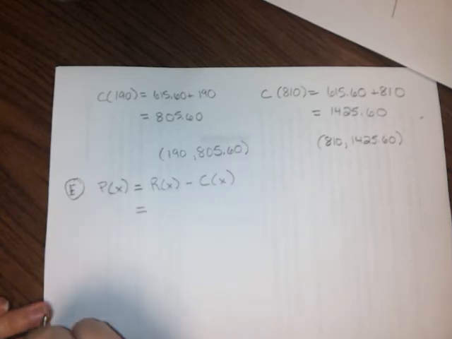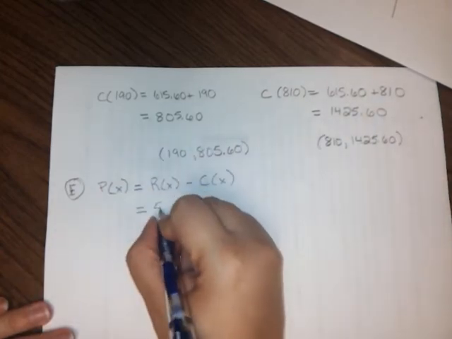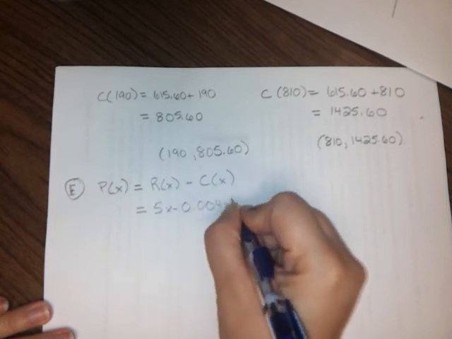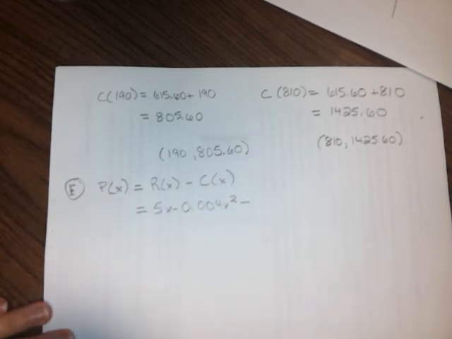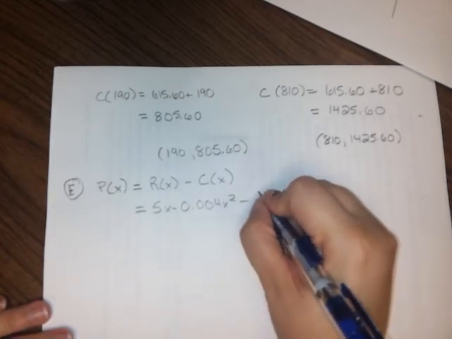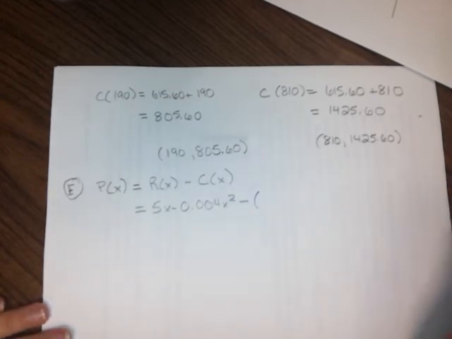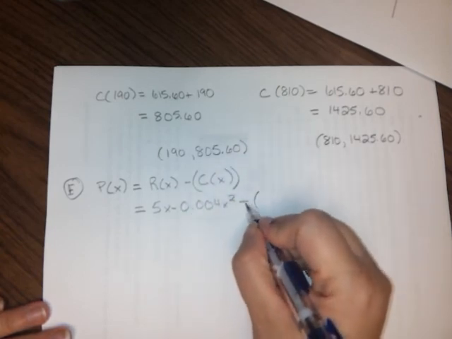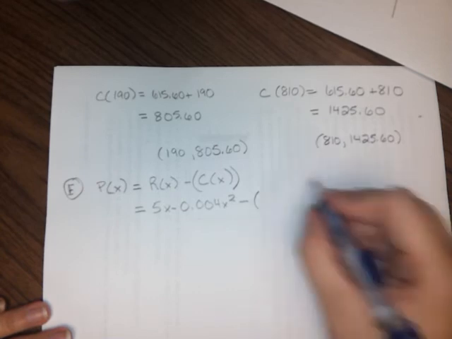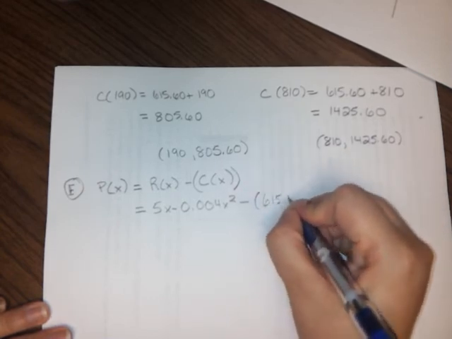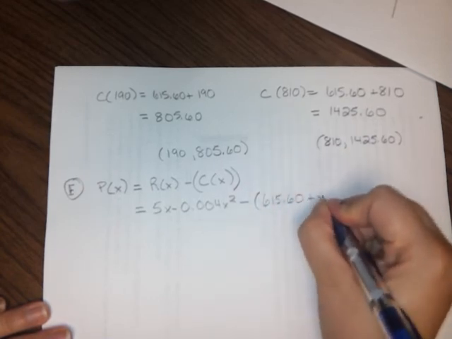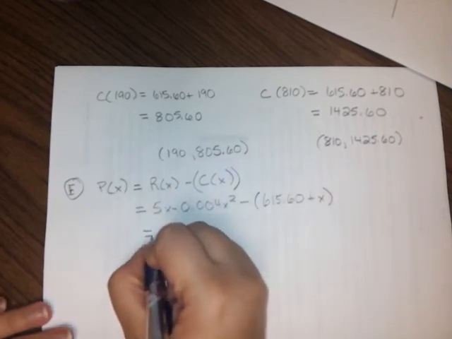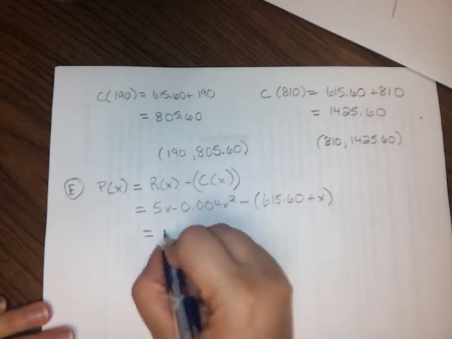So that's just going to be the revenue function that we had before. So the 5x minus 0.004x squared minus the cost function. Now, a mistake a lot of people make is they don't put parentheses around the cost function. Put parentheses around the cost function, because otherwise you'll forget to distribute this minus sign. So my cost function, that was 615.60 plus x. And so now if I distribute everything out and collect my like terms,